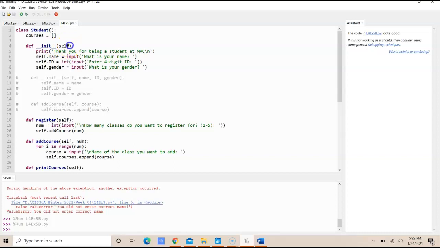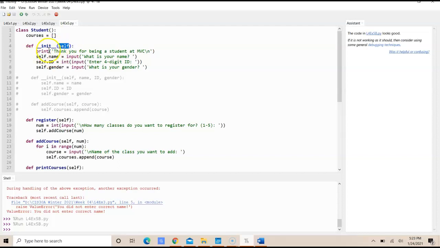method, and we wanted to make the attributes as instances for our class. So here what you're doing is you are laying out the member variables, which is part of the class, and we're going to be able to use the object to access the data that's stored in these variables. So these instance variables are going to be used. So for the init, in the parameter, we need to put self,